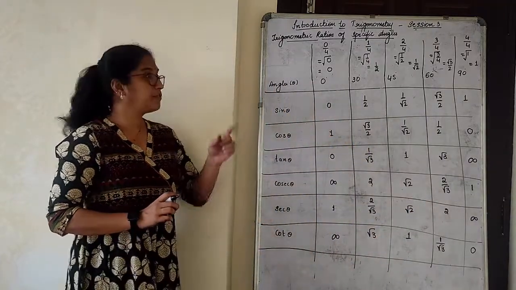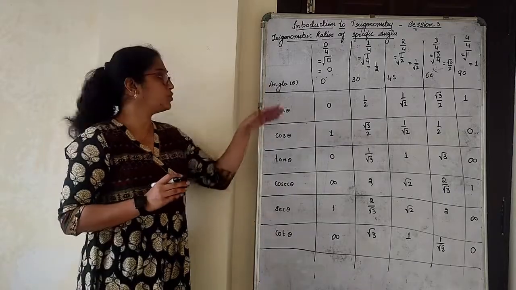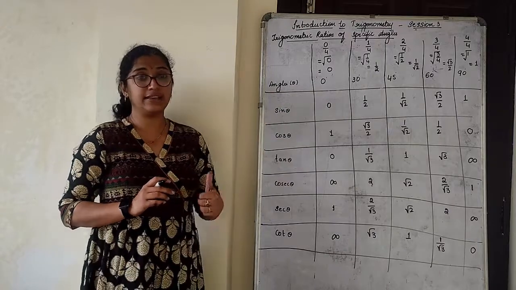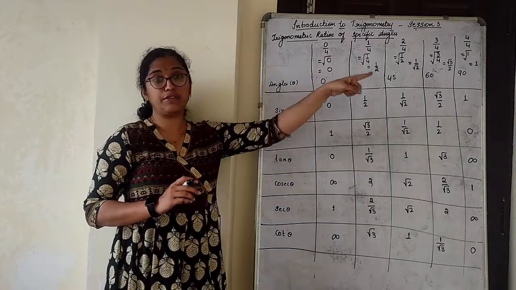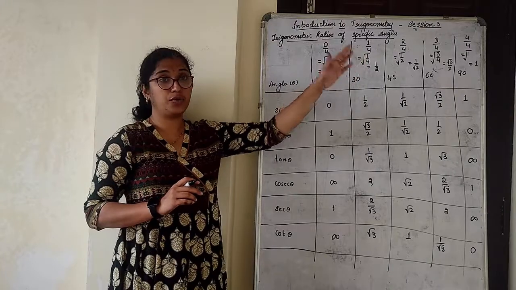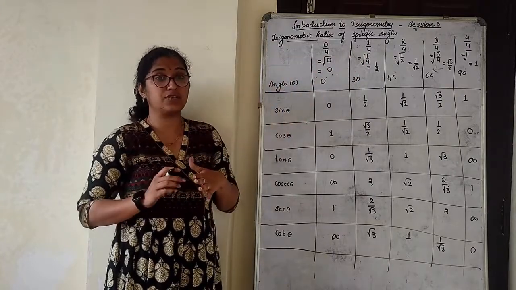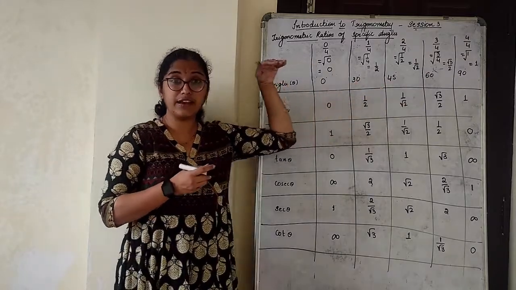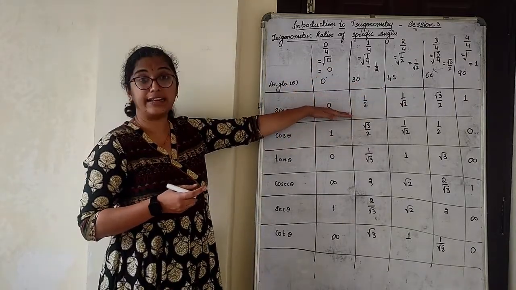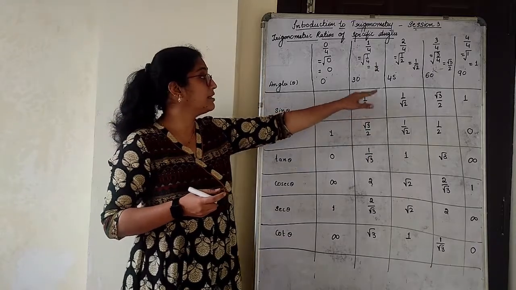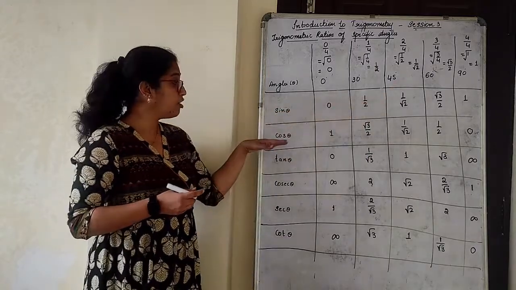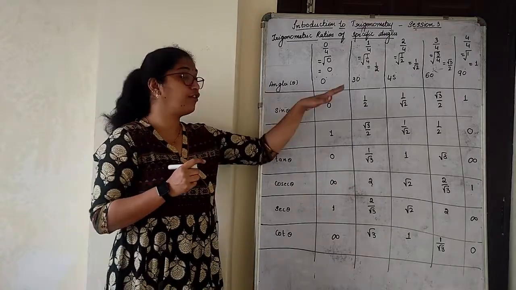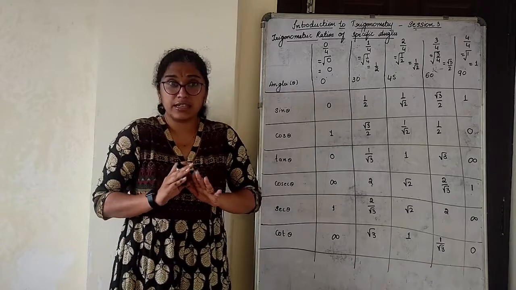Understood the table here? Our first main important thing is to write sine value. How do you write sine value? Just give for the angles in order 0, 1, 2, 3, 4. Divide everything by 4. Simplify that to the simplest fraction. Take the square root of it. Write the final answer. Whatever is the final answer, that's the answer for sine ratios, right? 0, 30, 45, 60 and 90. Come to cos. 0 and 90 interchange. 30 and 60 interchange. 45 keep as it is. Over. Your work is done actually here.